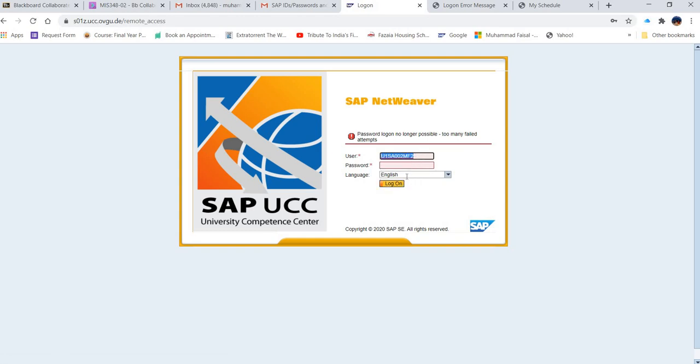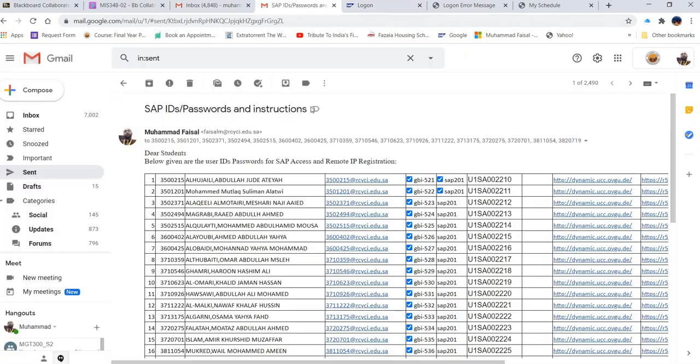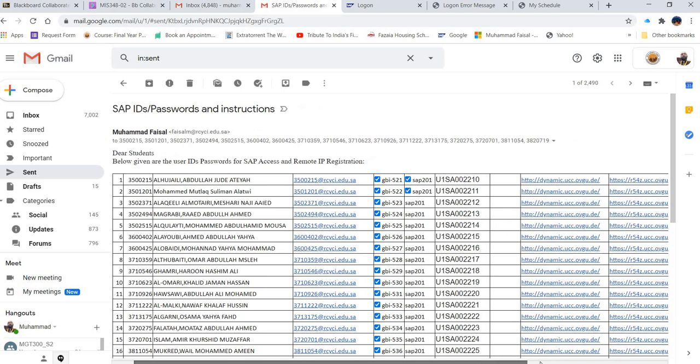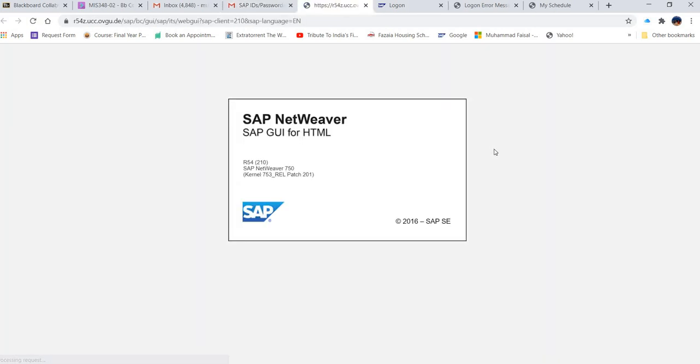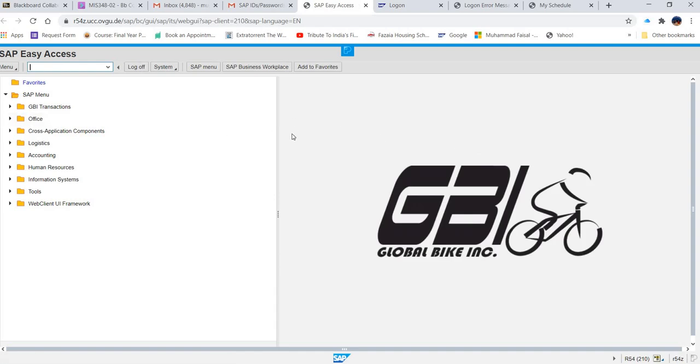We must have the correct password. So maybe there is some problem with this. Don't worry, my IP is already activated. So what I will do, I will just click on the link that is related to logging into the SAP system.